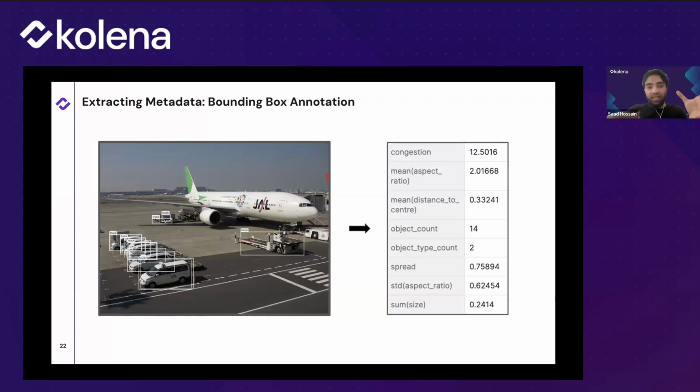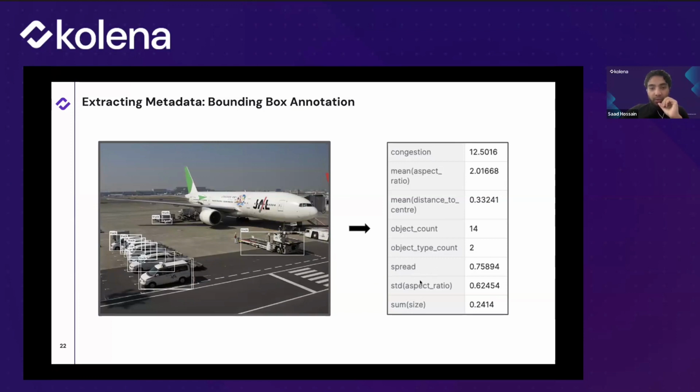However, there's a lot that can be extracted from just the presence of these bounding boxes. You can understand how congested an image might be based on the number of objects in that image and how close they are in proximity. So a little bit of bounding box analysis can enable these features and properties. We have things like congestion to see how squeezed in things are. We see that congestion is pretty high in this image, especially with all these trucks side by side overlapping each other to a good degree.